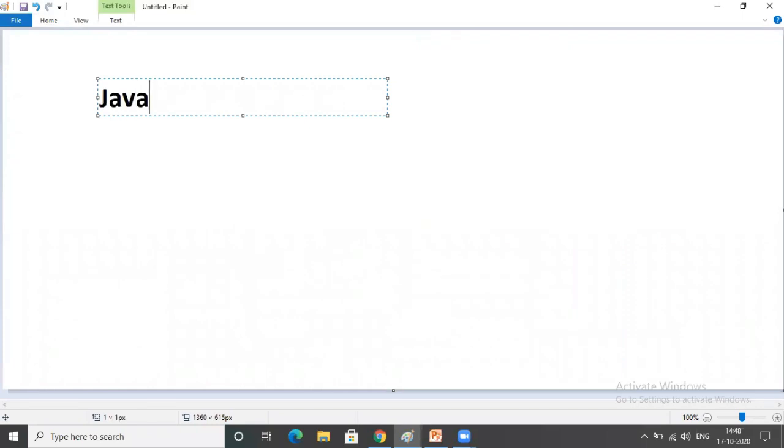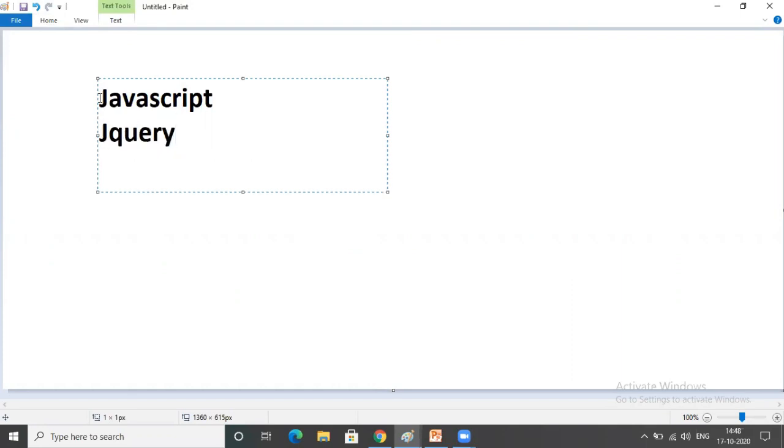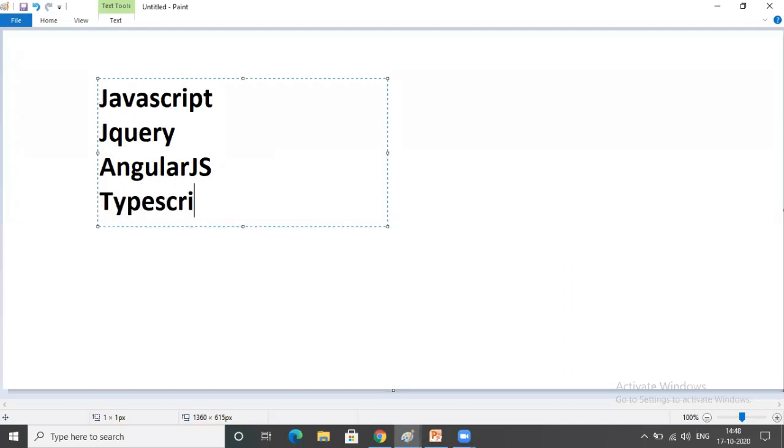So day by day, JavaScript libraries and JavaScript frameworks became very popular. First, JavaScript is a scripting language whose code executes on the browser. Later jQuery came. jQuery is a JavaScript library to simplify the JavaScript code. Later AngularJS came. It is a JavaScript framework. Later Microsoft released TypeScript. It is a programming language which supports all the features of OOPs and collections. It is like a regular programming language. Later Angular was released in the market. Angular is also a high-end TypeScript framework, used to develop single-page applications.